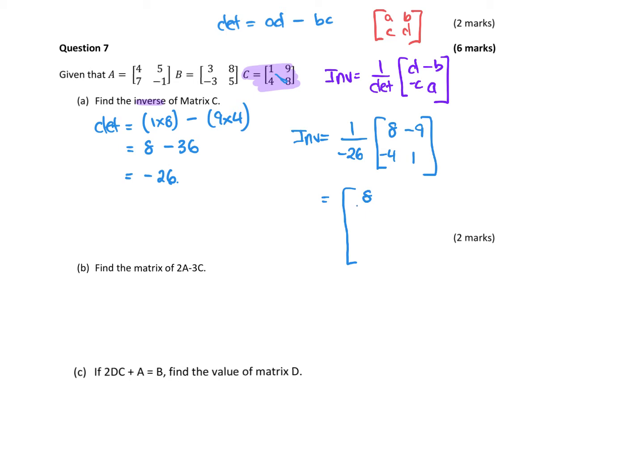So it ends up being like 1 over negative 26, negative 9 over negative 26, negative 4 on 26, and 1 over negative 26. But if you've checked it in the calculator, which I hope you do because it's a SAC and you want to get the right answer, it'll simplify down to,